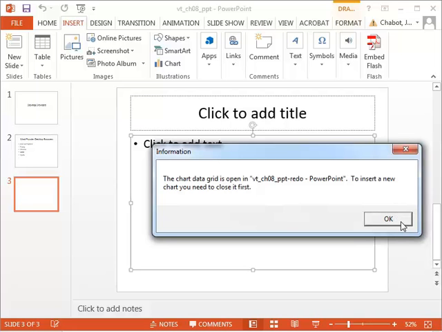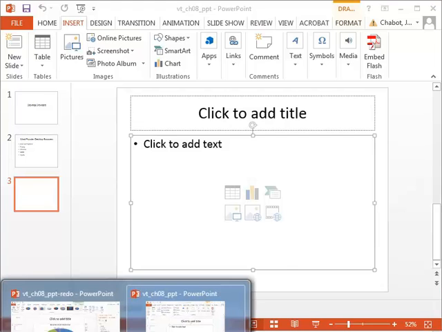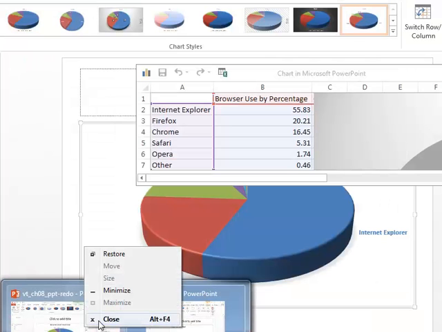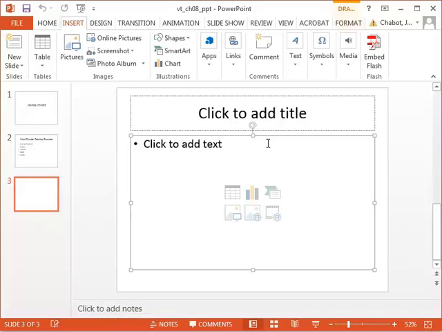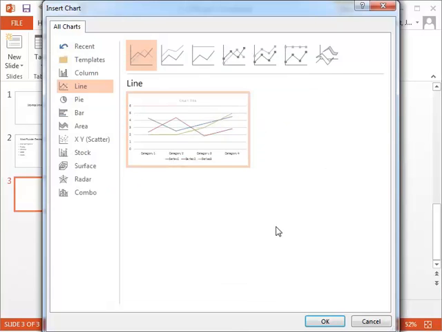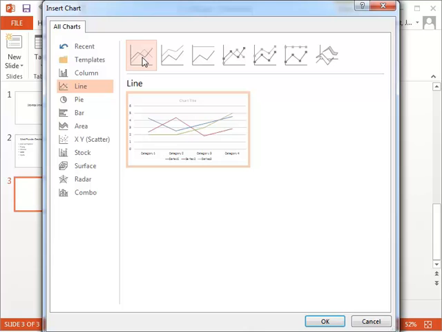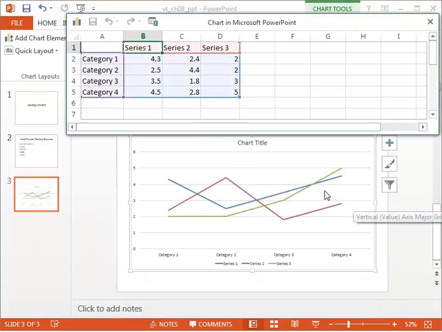And it looks like I already have a document open, so I'm going to go ahead and close that. Let me get that closed real quick. And there. So I close that other document, and I'll go ahead and insert this chart here. And they want you to insert a line chart, so I'm going to choose line chart by clicking on that button, and voila. They start you out with some sample data,